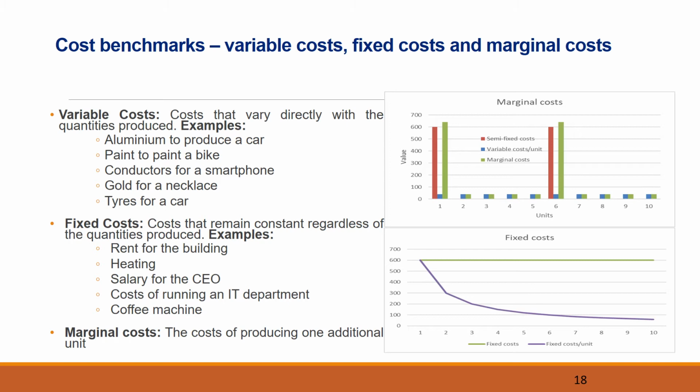The third cost term that is worth mentioning is the marginal costs. The marginal cost is the cost of producing one additional unit. In other words, it's the increase in the total cost as a result of increasing the production by one more unit. While the difference between fixed and variable costs seems very clear from these definitions, it is worth acknowledging that